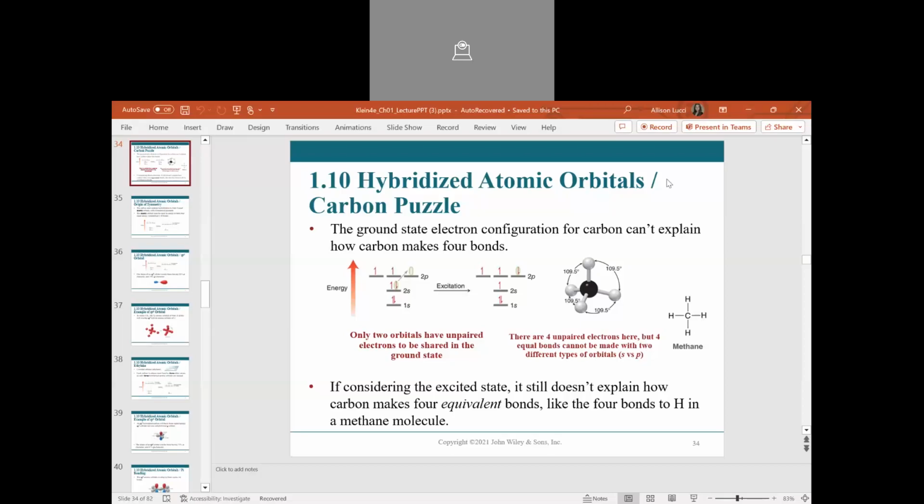In the last video, in sections 1.8 and 1.9, we saw valence bond theory and molecular orbital theory, and we saw an interaction of atomic orbitals to form bonds, but we didn't review or comment on orbital hybridization. So in this video, we're going to look at this important aspect of organic chemistry, these hybridized atomic orbitals. And we're going to use carbon here as an example, since carbon is what defines organic chemistry, molecular compounds